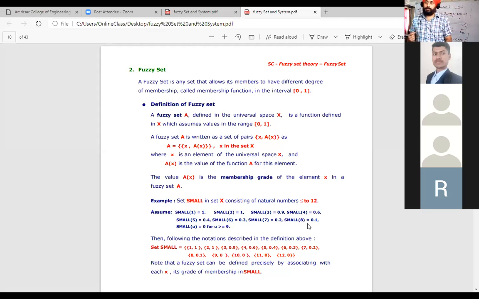So how is the fuzzy set denoted? Just see here, it is denoted like this, what I have highlighted. A is the name of the fuzzy set, x is the member of the fuzzy set, and A(x) is the degree of membership. Like here, this is one member, cap is one member, and 0.1 is A(x) of cap, that is the degree of membership. The first element is x and its degree of membership is A(x). So this is the way to represent the fuzzy set.